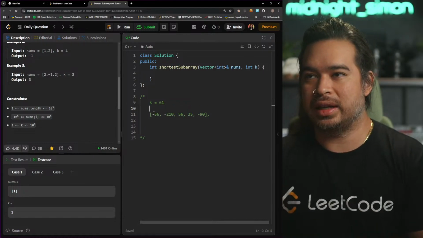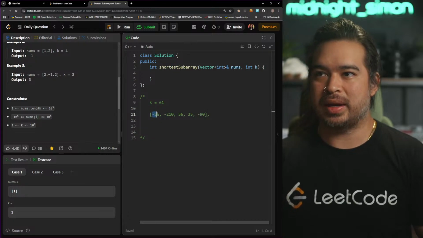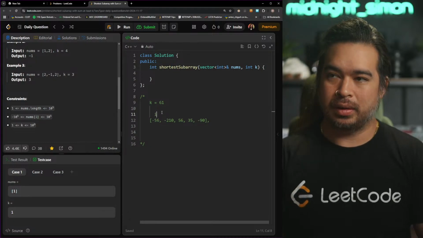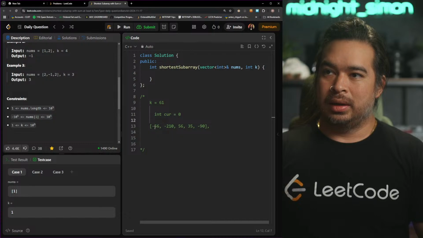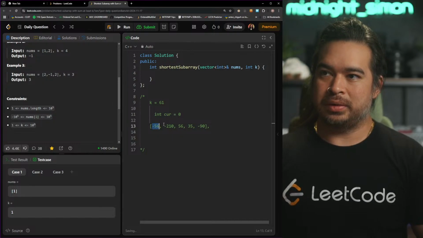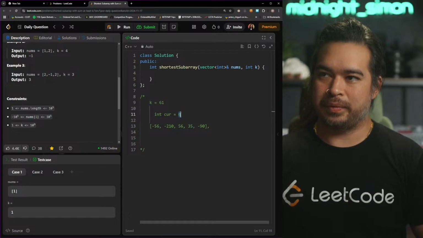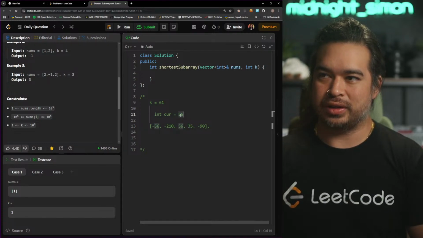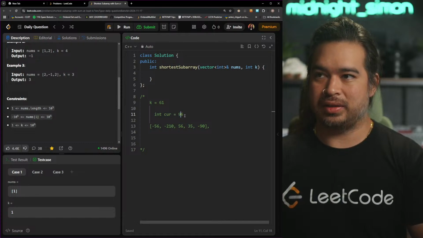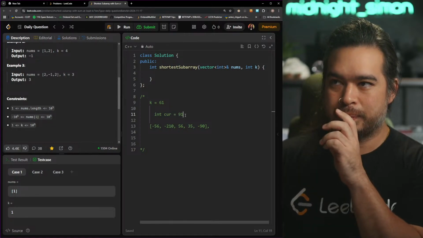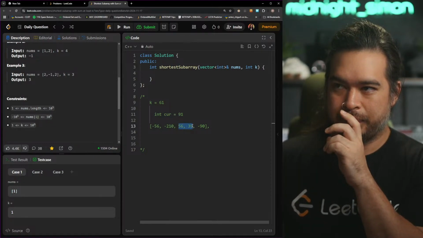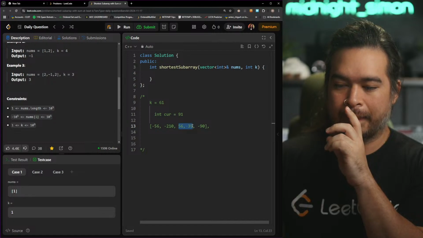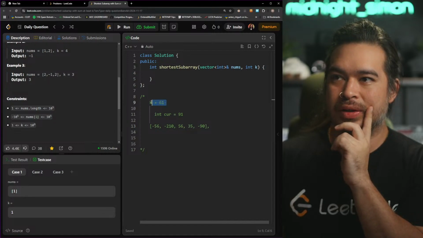So if I did Kadane's, the maximum subarray so far is 0, negative 56, negative something, so it's still 0. Then we get the 56, then 56 plus 35, which is, I don't know what, 91. And as soon as we see,